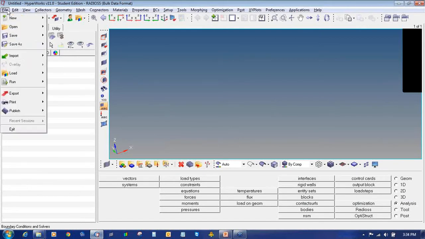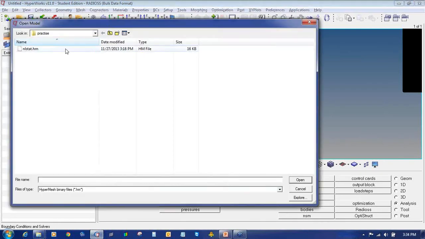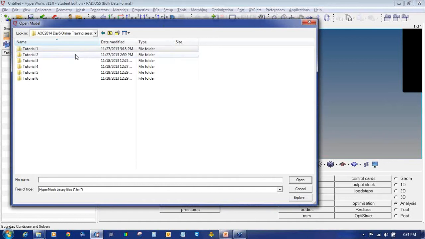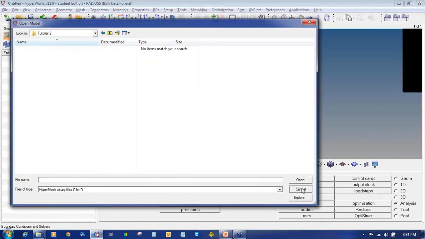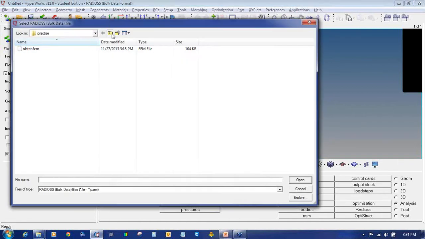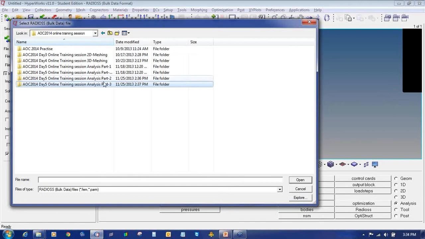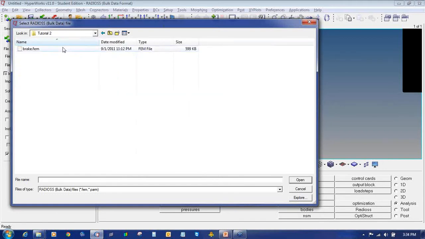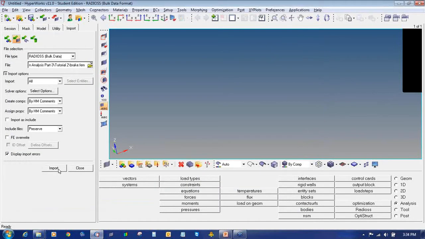We'll open the model. So we'll go to File, Open Model, and we have to import the file because there is an FEM file. So I will go to Import, select Part 3 and import the file.